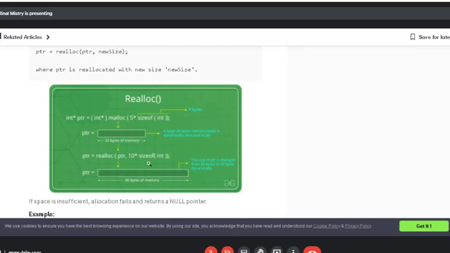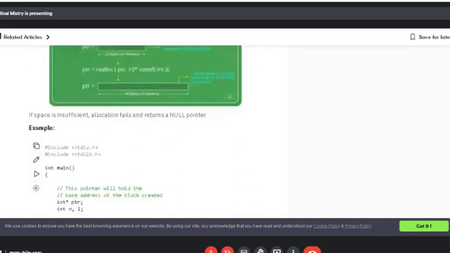So realloc is a function which will allocate additional memory or additional space for the extra requirement, right? So you can see over here the block size has been increased by 20 bytes further and the count also starts from the same pointer address, the last pointer address. Okay, so that is how the realloc function works.